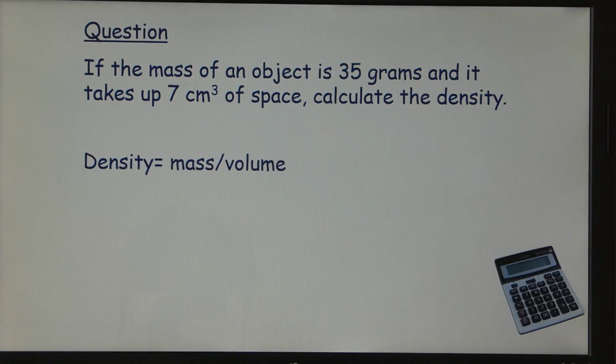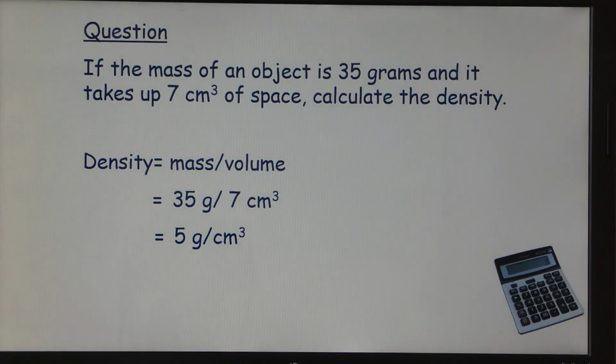If the mass of the object is 35 grams and it takes up 7 centimetre cube of space, the density is mass divided by volume. 35 grams divided by 7 centimetre cube, which gives the answer of 5 grams per centimetre cube. However,